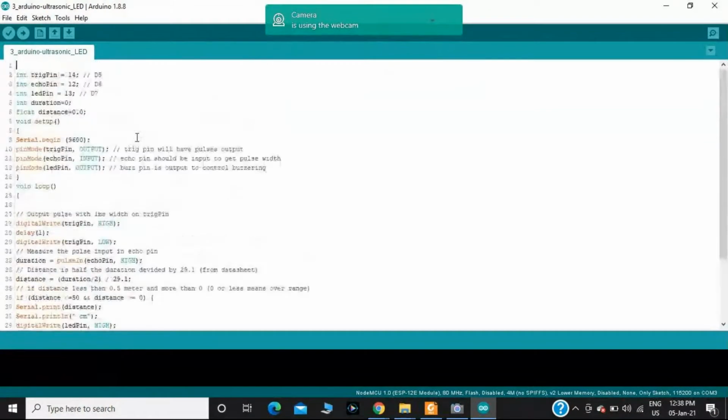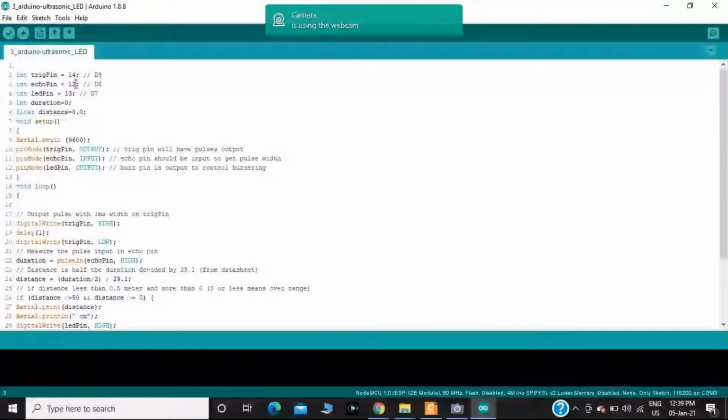Observe it carefully. Initially, I should initialize which pins I am connecting between the NodeMCU and the ultrasonic sensor. First I have taken the trigger pin. The trigger pin should be connected to the D5 pin, which is GPIO 14. Next, the echo pin should be connected to the D6 pin of the NodeMCU, which is GPIO number 12.